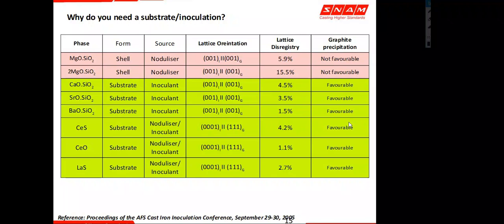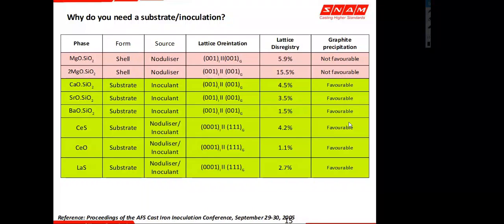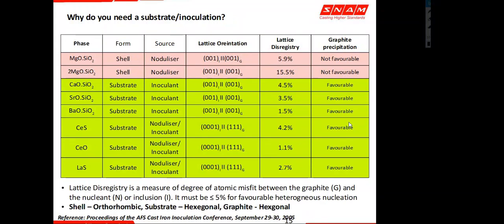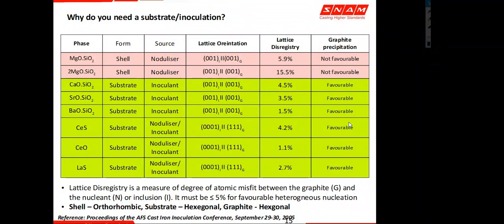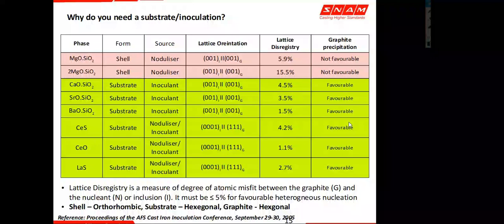So there is graphite which is about to get precipitated from liquid metal as a solid phase. So you need a platform on which graphite can sit, deposit and start growing. So there is a compatibility issue. The crystal structure of graphite which is precipitating is hexagonal in nature, and you should have a counterpart which is compatible with it, close to hexagonal shape. The substrate has a hexagonal shape which has good compatibility, but the shell formed out of magnesium treatment is orthorhombic, which is less compatible.